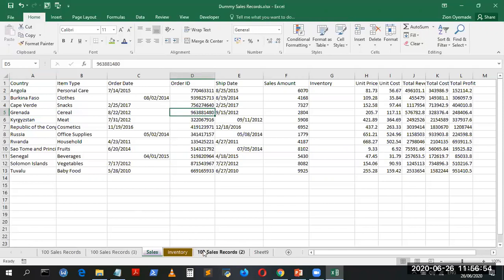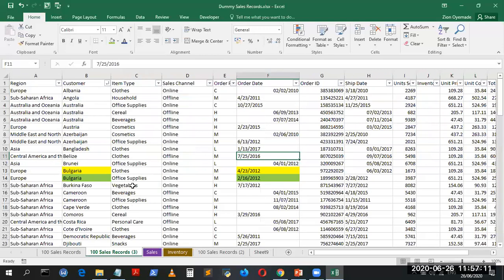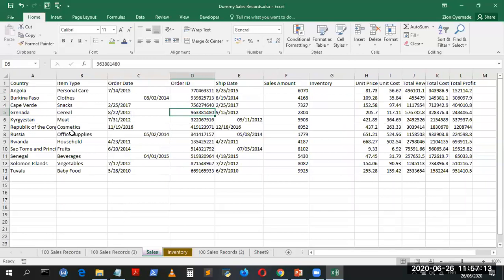What will I do? I come to my HLOOKUP again. It doesn't really matter, but let's just pick. Do I have Grenada here? Order ID for blah, blah, blah. Okay, let me try item type, cosmetics. I want to get the order ID for cosmetics. So I'm going to use the HLOOKUP function